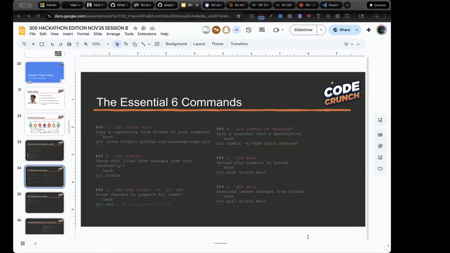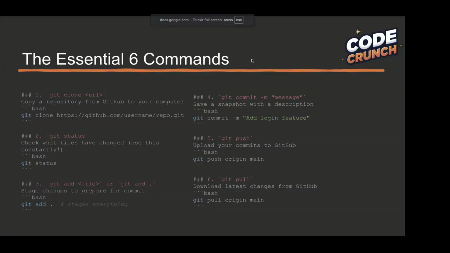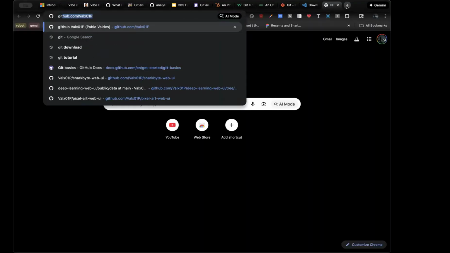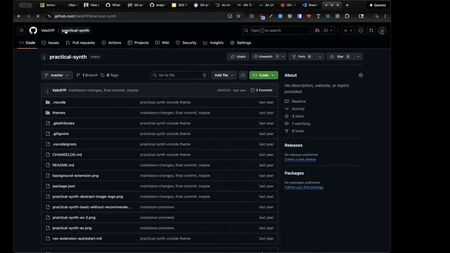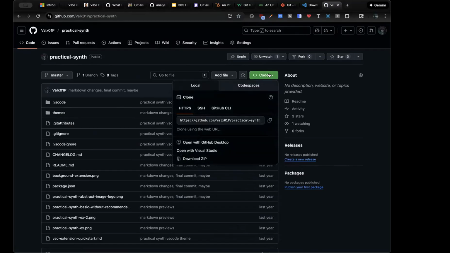Most of the time, you're going to be using the command line, because you'll find it's a lot faster, so you want to know the controls and commands for that. Let's go back to the six essential commands. The first one is git clone, like I said. You'd go on GitHub, and you want to make sure you have a GitHub account first. You just sign up and create one. Then you can go on any GitHub repo, click Code, then clone, and now this is the link for this repository.